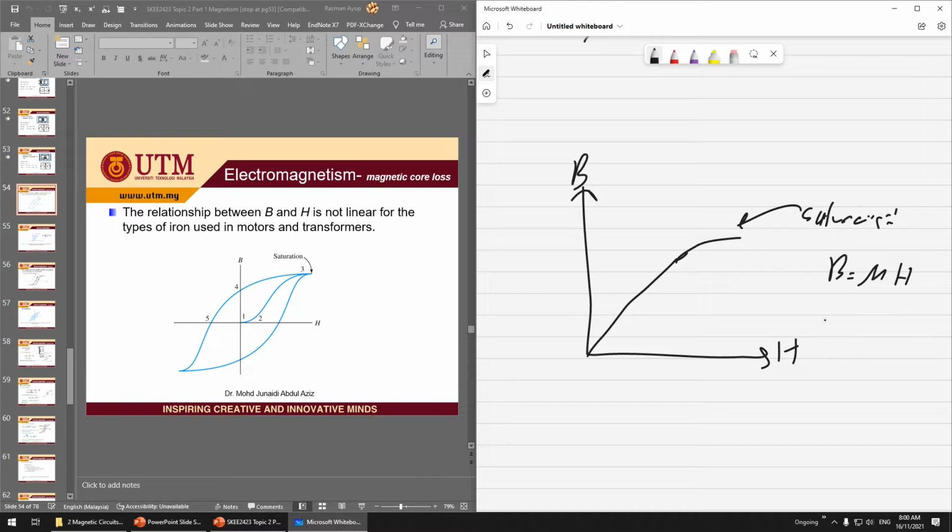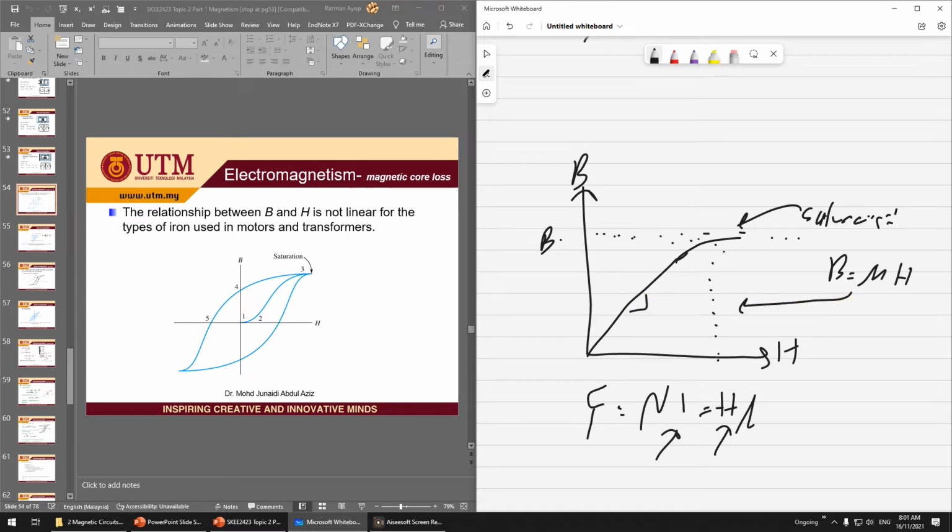Remember, F equals Ni equals HL. When you increase the current, you increase the H, but at a certain point you cannot increase the B. B will stay constant; it becomes saturated. At the saturation point, the mu decreases. So if you are given mu naught and mu r and they do not mention saturation, you can use the original relationship. But if they give data of H and B,